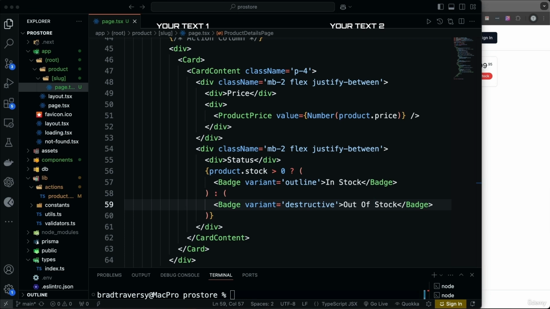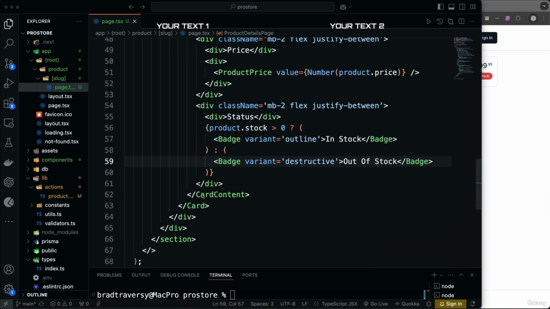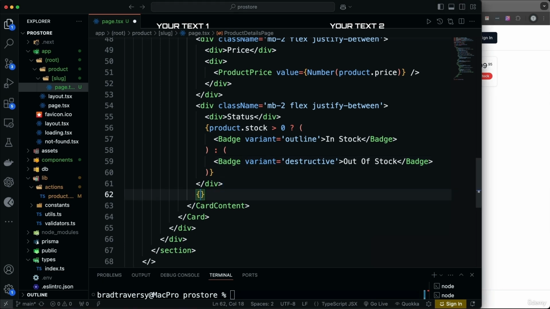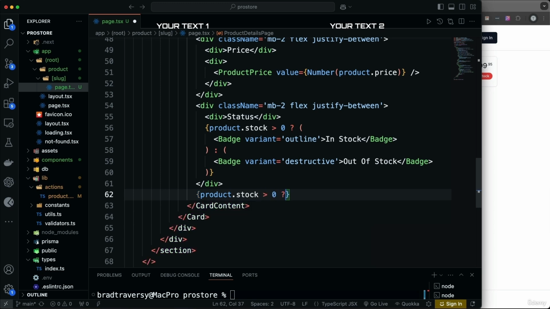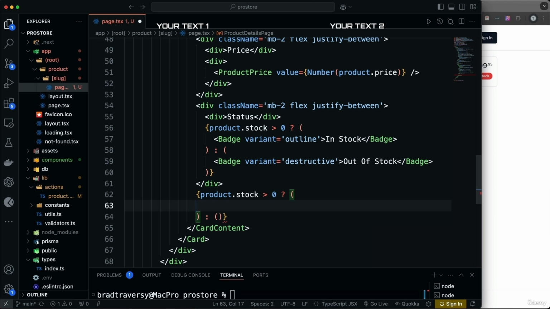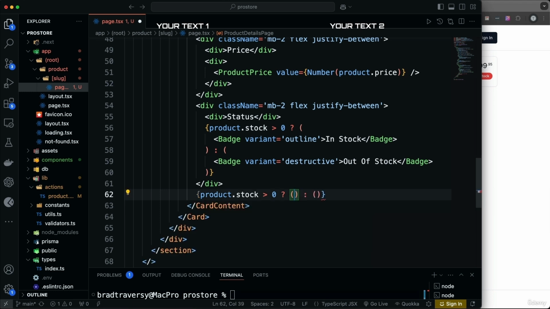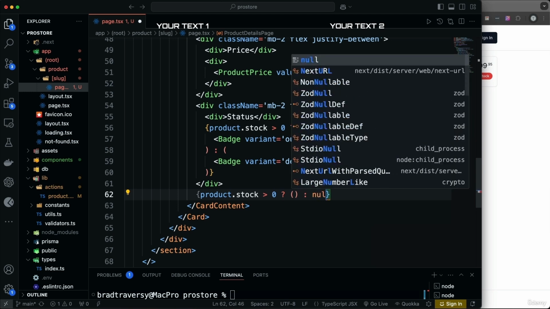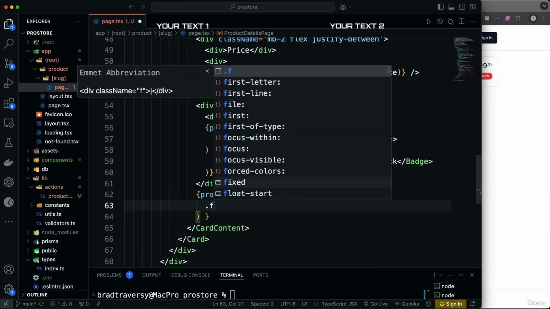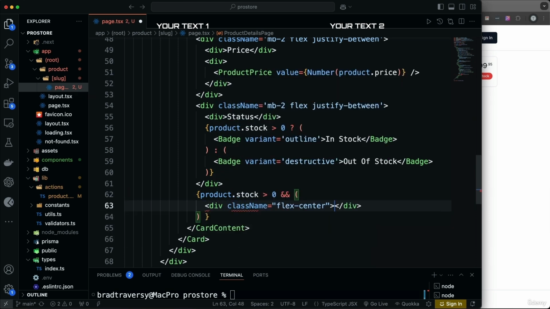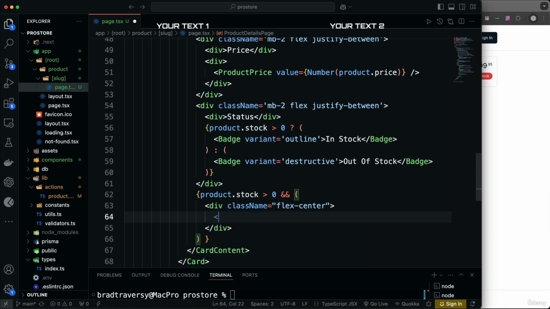All right, so now the button we're going to add if there's stock. So let's see, we want to go under this div. And again, we're going to say if the product.stock is greater than 0. Okay, so it's greater than 0, then actually no, we don't need an else. So I mean, we could do null or whatever, but let's use the double ampersand. Okay, so then we'll have a div with a class of flex-center, and then we'll have our button. So let's say button,